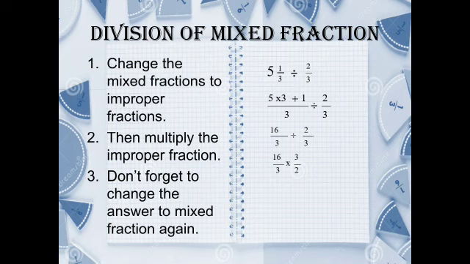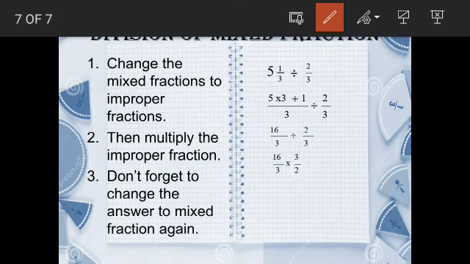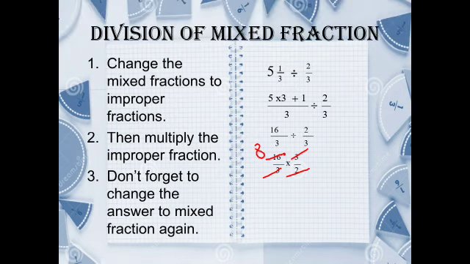Then we will be simplifying the numbers here. 3 ones are 3, 3 ones are, it's gone. 2 ones are 2, 2 eights are 16. So what we are left with is 8 by 1. We automatically got the answer as 8. So here there is no fraction, so there is no need for us to change the answer into a mixed fraction. So we are going to leave this as the answer.